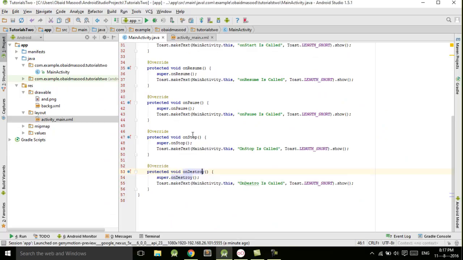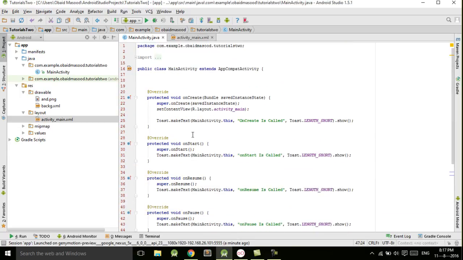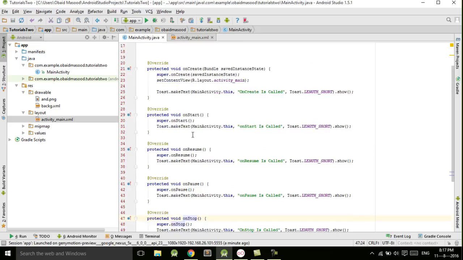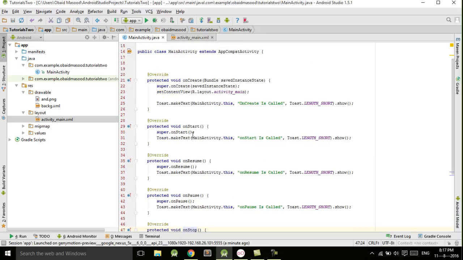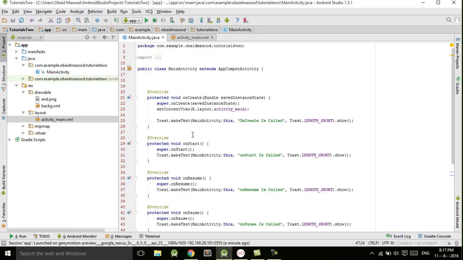By learning this, now we understand which methods are called on which occasion, under which condition, so we can do our own programming based on these conditions. For example, if you have a media player running, so we create that media or the music or the background music here in the